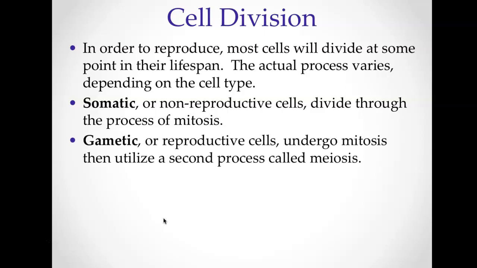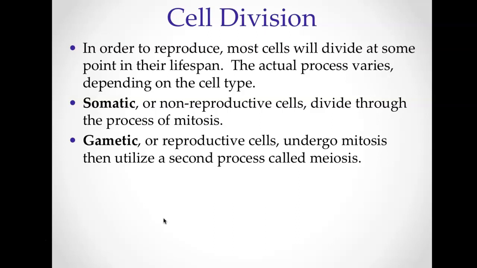So two vocab words here, somatic cells and gametic cells. Both are going to be involved, obviously, in cell division. One of them, though, is specific for today, and that's somatic. One of them will be specific for meiosis, and those are the gametes. Normally, teachers will do mitosis and meiosis together, but I don't do that. I think mitosis and meiosis each have their specific place, and I don't think they belong together. I just don't. Students tend to get really confused when you put them together.